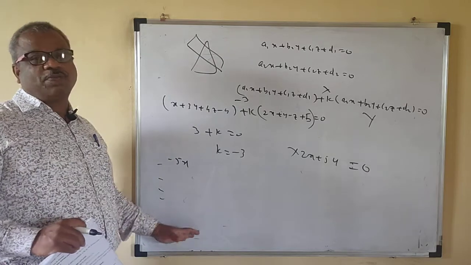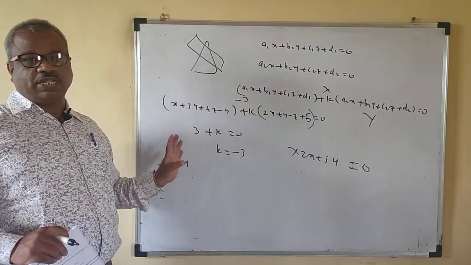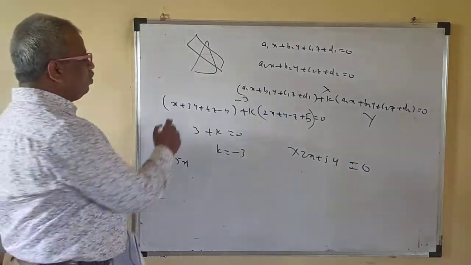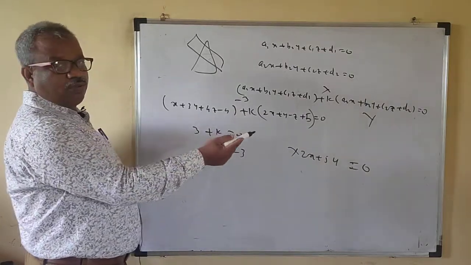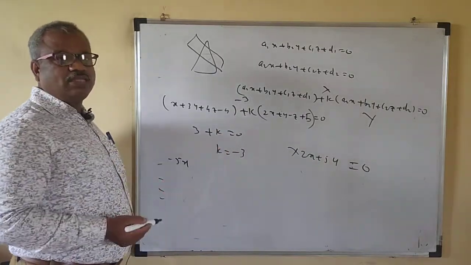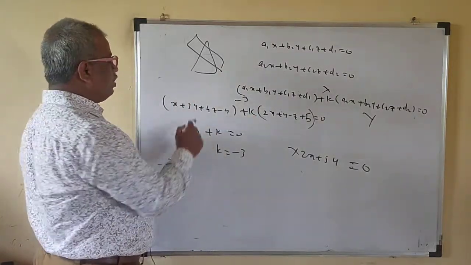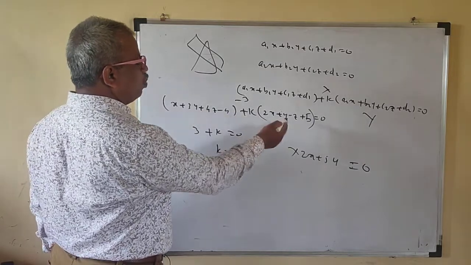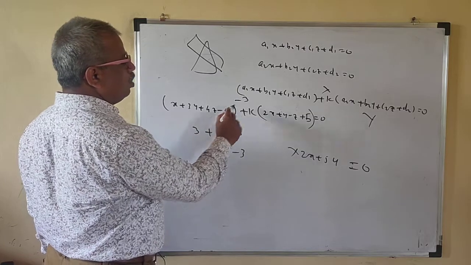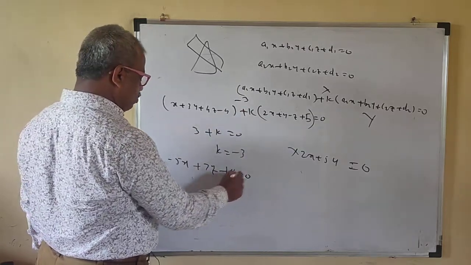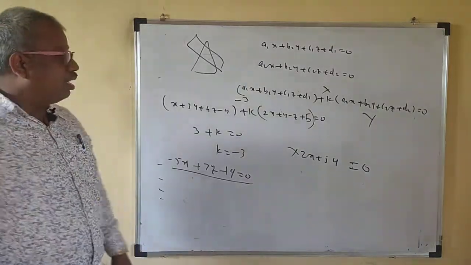But if all the planes do not contain the term y, then we have to collect the coefficients of x and z. You don't collect the term of y because you are parallel to the y-axis, that means the coefficient of y is 0, so don't collect y. You can check: the coefficient of y is 0, this is 4 plus 3, so this is 7z, and minus 4 minus 15, so minus 19 is equal to 0. This is the equation of the plane. Then within a minute you can easily find the answer to this one.